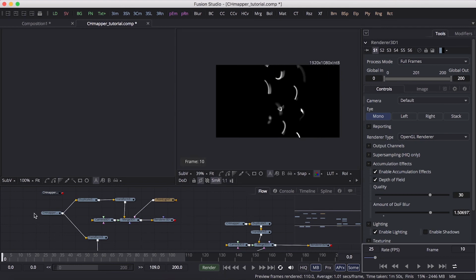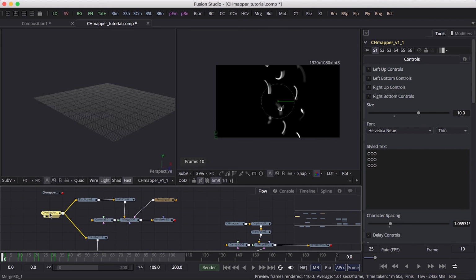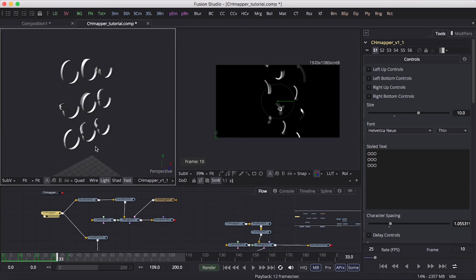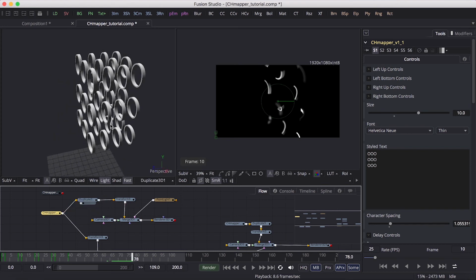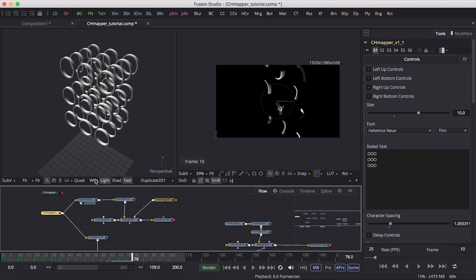So here you can see this is the animation. I stick with the O's. And with the duplicate tool, I duplicate them.